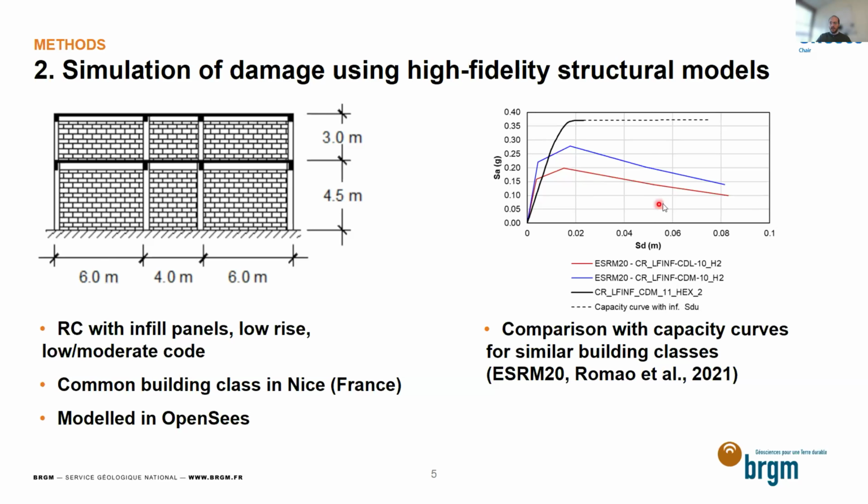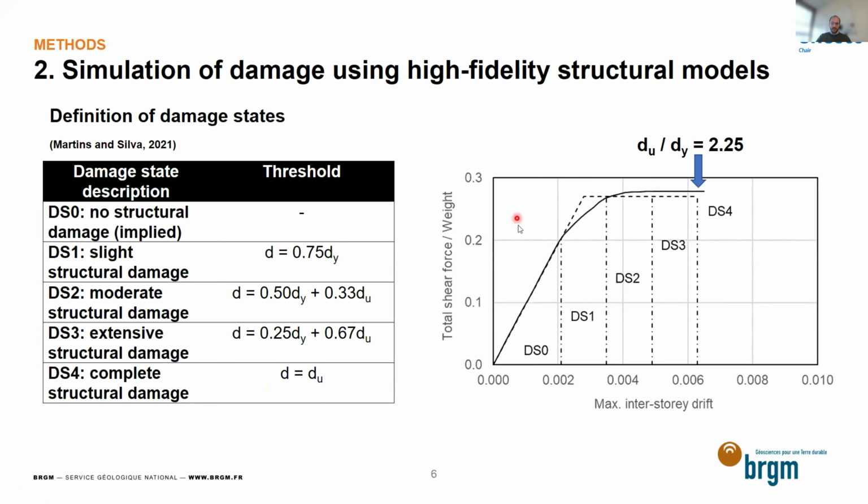In this case, we have the pushover curves of two similar models in the SRM20, but mostly in order to determine the thresholds of the damage states. And we used the definition of the damage states proposed by Martins and Silva and their equations. So we expressed the pushover curve in terms of the maximum interstory drift, and based on their formulas, we calculated the thresholds. As the ultimate displacement, we assumed this ductility ratio proposed by Hausus for low-rise reinforced concrete buildings